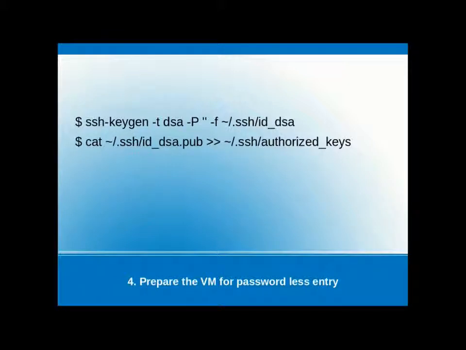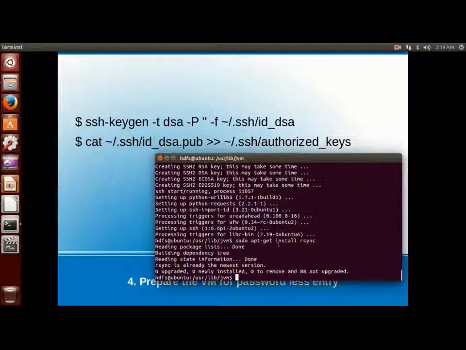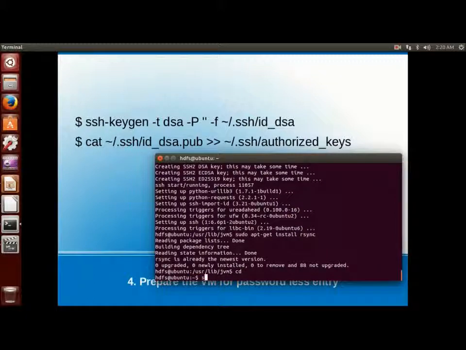Next, prepare the VM for passwordless entry by creating a DSA key for an empty value, like empty space, and put that into authorized keys.